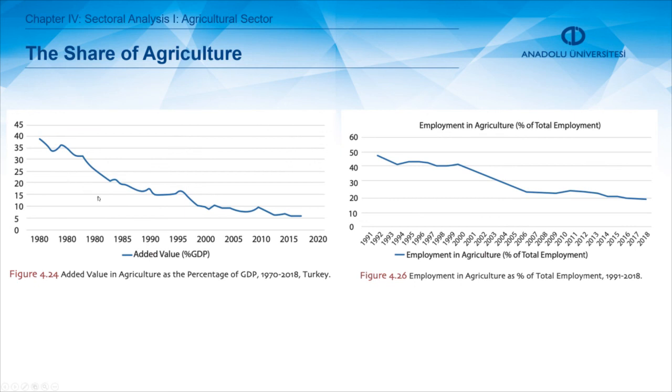We see that the added value started close to 40% of GDP in 1980 and ended up close to 5% in 2017. The same is true for employment in agriculture as a percentage of total employment. It started about 50% in the early 1990s, and ended up being about 20% in 2018,